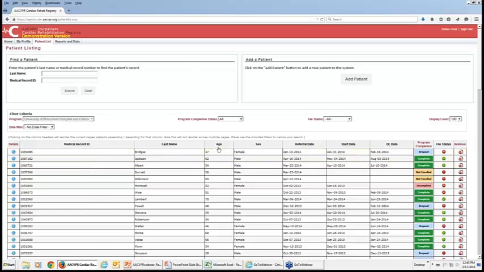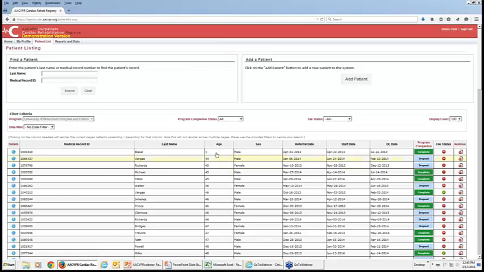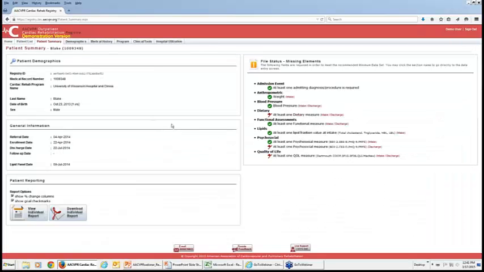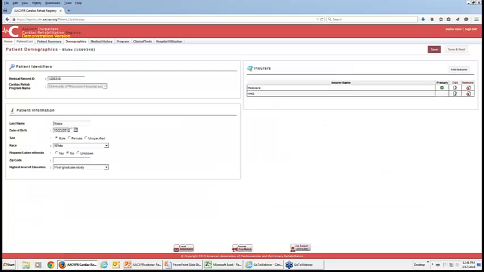Another easy way of doing that, remember, we can resort these records by just clicking on these column headers. So if I click on age, there it is. There's the record where we probably got something wrong. Let's open the record by clicking on it. I'm going to go to the demographics section, and there's the problem. We entered a current year instead of the date of birth. So I'm going to re-enter this, and then we'll save that.